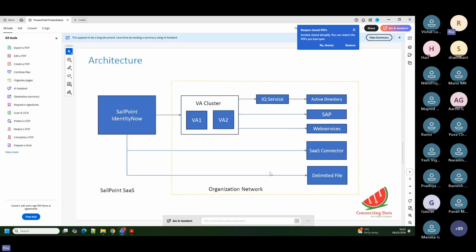But all these applications that are in your organization network cannot be allowed directly from the cloud application, because if you open the connection, there might be chances that someone else will be able to access your applications. To protect it, we have a virtual appliance. It is recommended to have 2 virtual appliances. Now, if I go back,